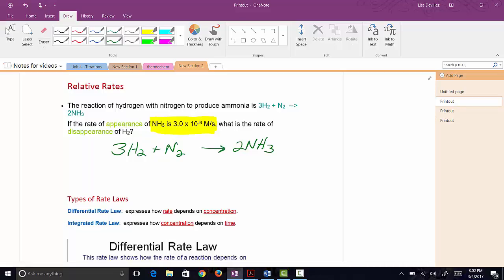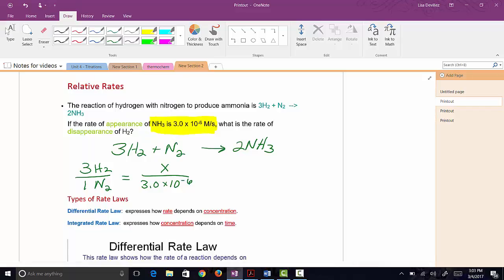And so our nitrogen is going to be changing its concentration slower than the ammonia or the hydrogen. And the hydrogen, its concentration is going to be changing faster than any of the other things in this reaction. So we can use our balanced equation as a ratio. Okay, so if I have 3 hydrogens to 1 nitrogen, just like we've been doing with other ratios, and the nitrogen I know is 3.0 times 10 to the minus 6 molarity per second, and so I'm solving for what the hydrogen would be,